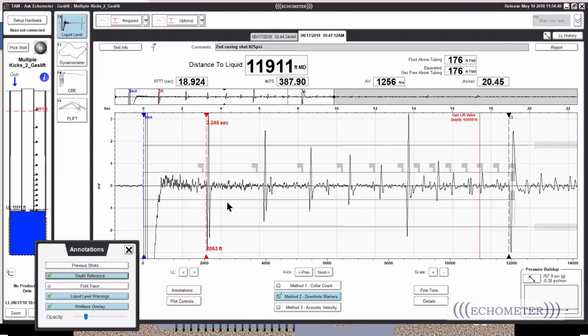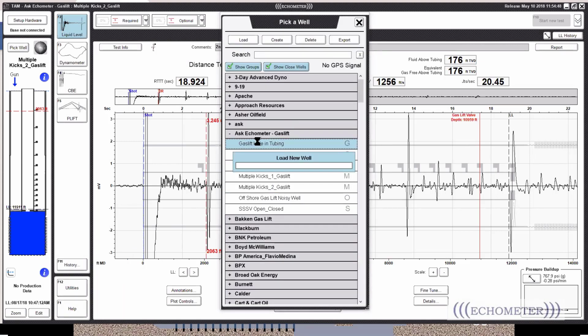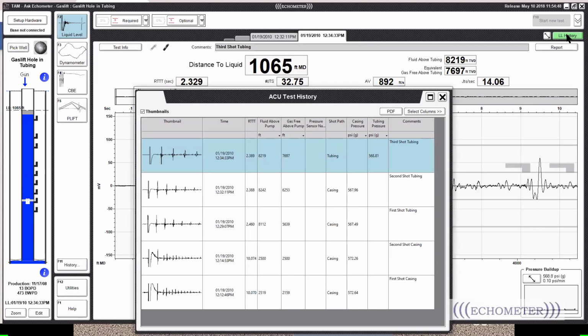It's going to decrease the amplitude. So just keep that in mind. And that's a great question and something that you definitely want to make sure that you verify. So that gas lift hole in tubing, if you click on this liquid level history,